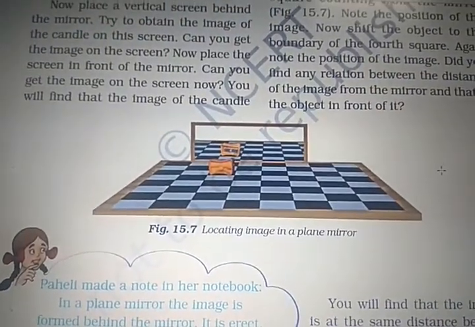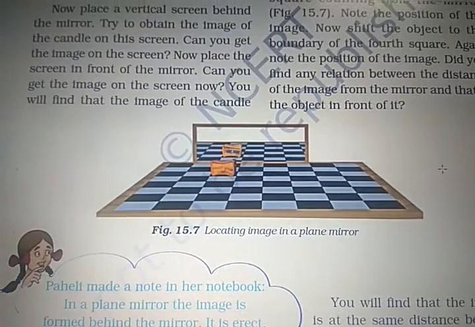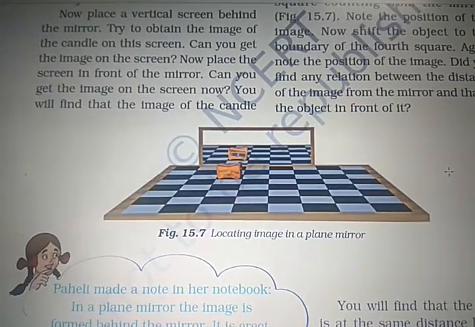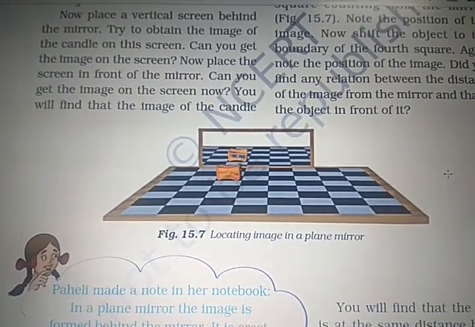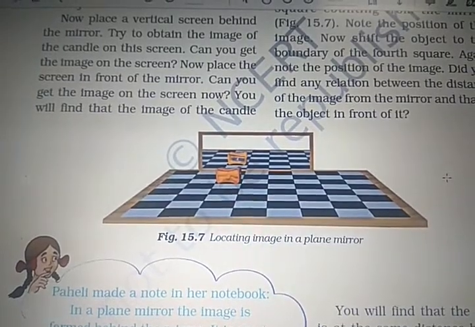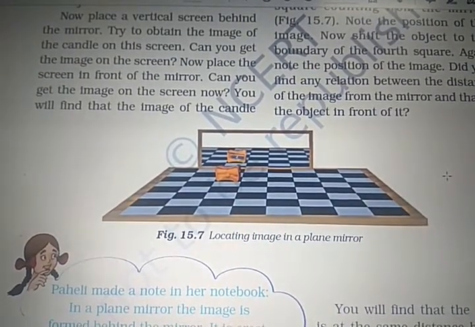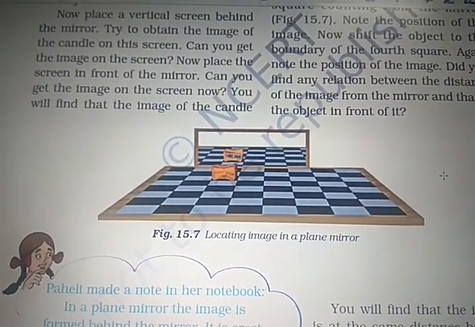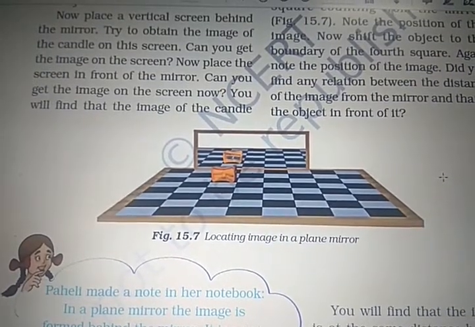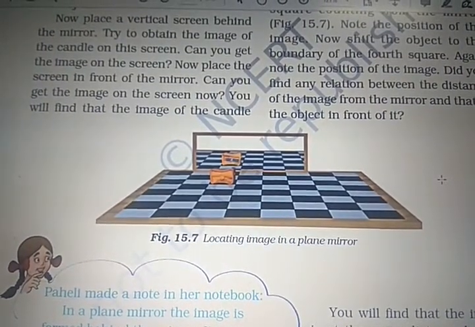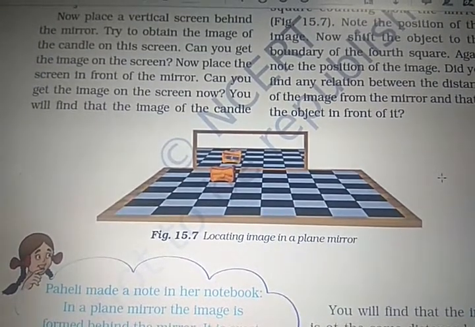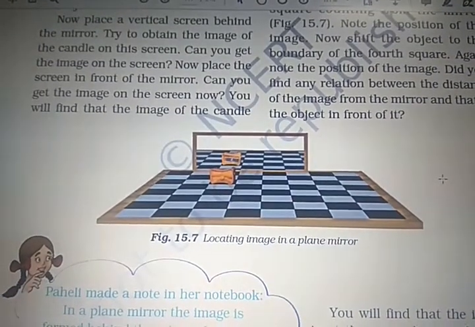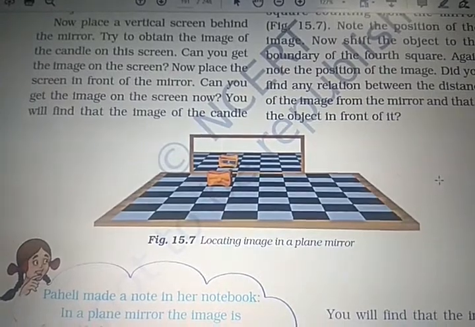Just now we have watched that video. In that, the person who is standing in front of the mirror, when that person goes 2 meters in front of the mirror, then you can find his image in the mirror also 2 meters away. His image is also moving 2 meters towards the mirror. When that person moves 2 meters back from the mirror, then in the mirror you can also see that his image is moving back 2 meters from the mirror. It means that